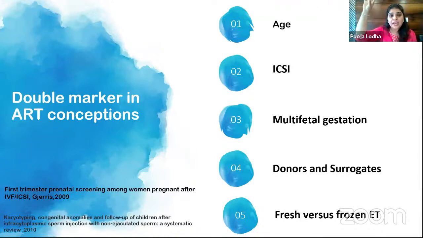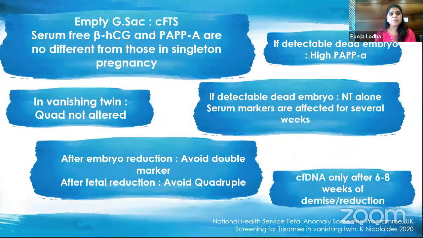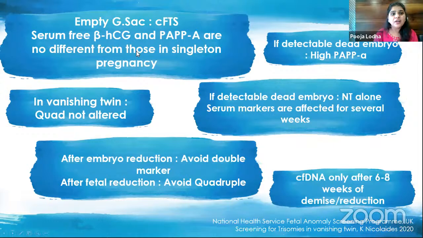So the genetic parents need to be considered for the age, but you can do a double marker. Now, last two slides, there was a question in the chat box regarding vanishing twin and fetal reduction. Excellent guidelines have come up in 2020 by the National Health Services in the UK, and Professor Nicolaides' group has come up with this excellent paper in 2020 where they say if there is an empty gestational sac, there is